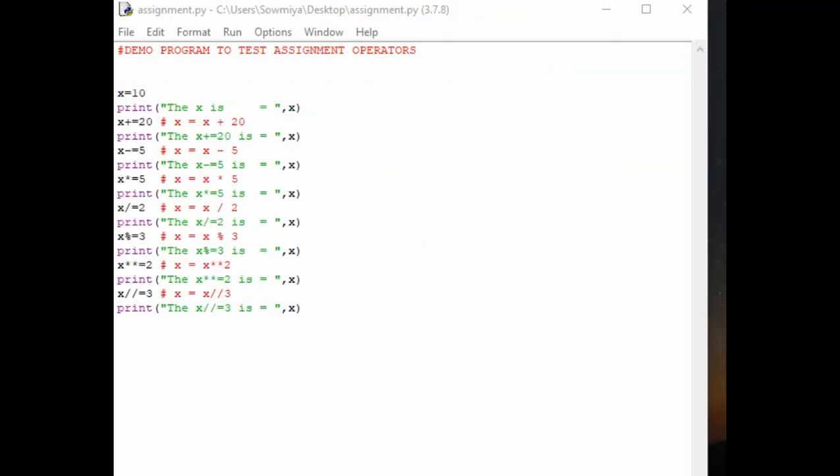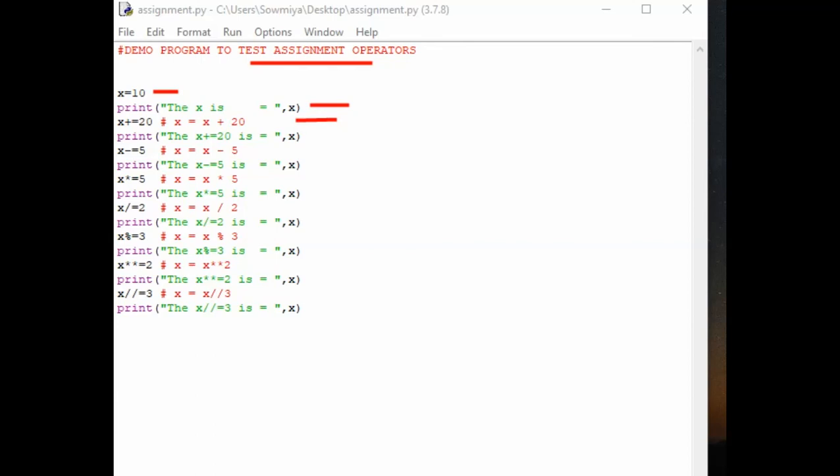See here, this is the program for your assignment operator. First I have assigned the value x is equal to 10 and then print x. So the value will be printed, so here 10 will be printed. Okay, so in the first print statement 10 will be printed, and next x plus equal to 20. What it means is, I have given each expression, each operator in the comment section. See here how it can be read as x is equal to x plus 20. So your value of x is 10 here, so 10 plus 20, the answer will be 30. 30 will be printed.